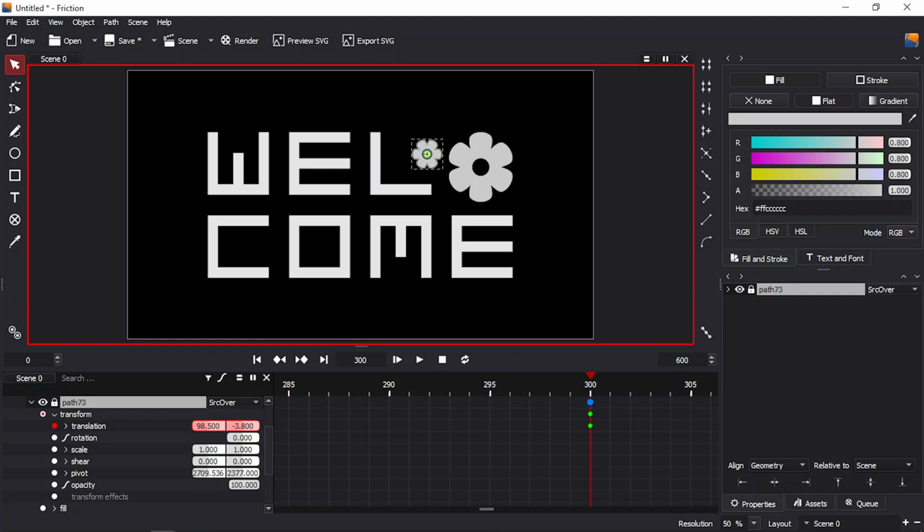All right, and on the 400 frame, where do we want it to be? Let's just put it here. So let's change the X value, drag to the left, and on the 500 frame,